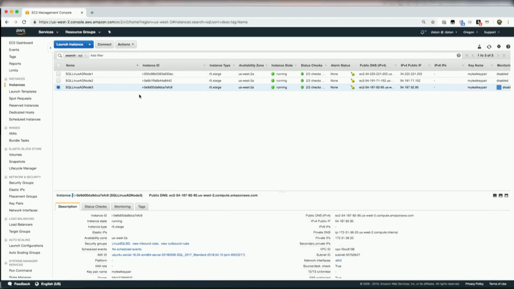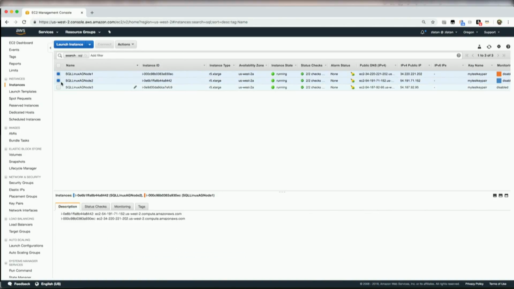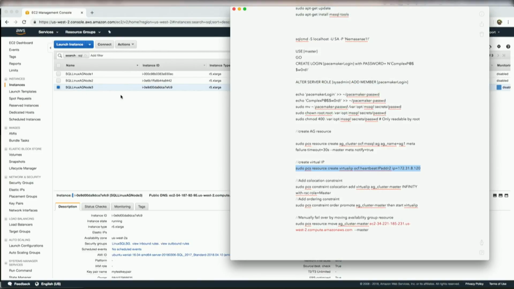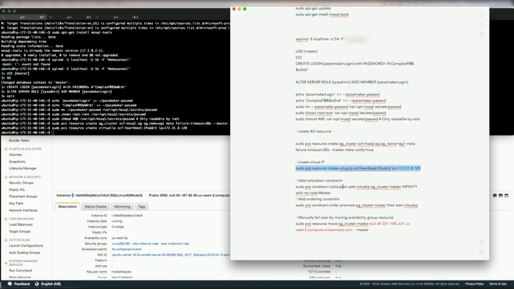So looking at what IPs we have available, I want to use a private IP. I guess 120 is not the used one. So let's see here. Make sure when you do create a virtual IP, it's an IP that is available and it's unused specifically. Then we can add co-location